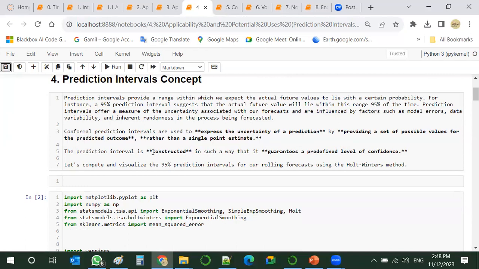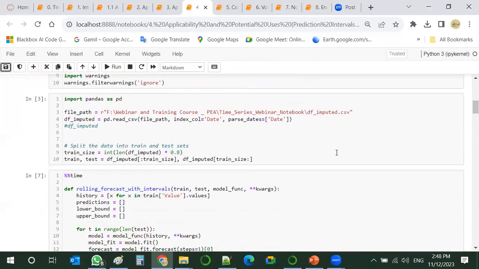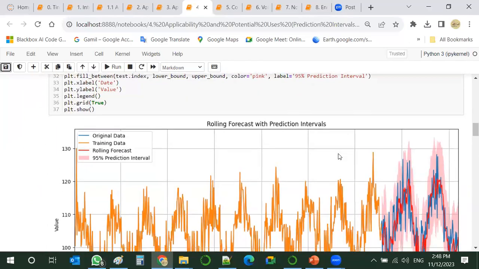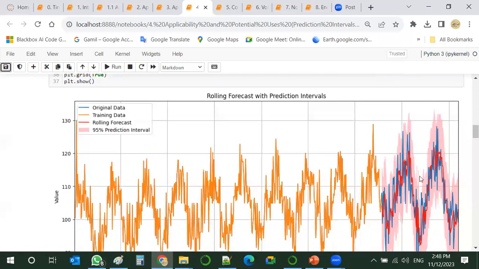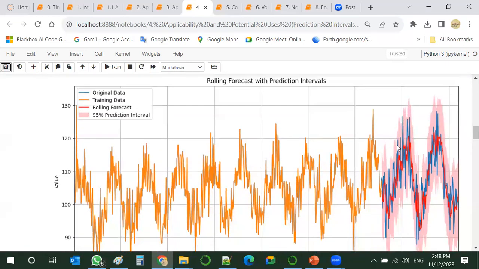So it is constructed in such a way that it guarantees a predefined level of confidence. So with the same previous model, we will see now we have plotted this interval in this very lovely color.